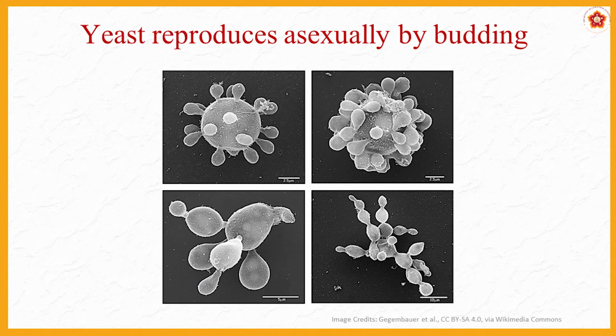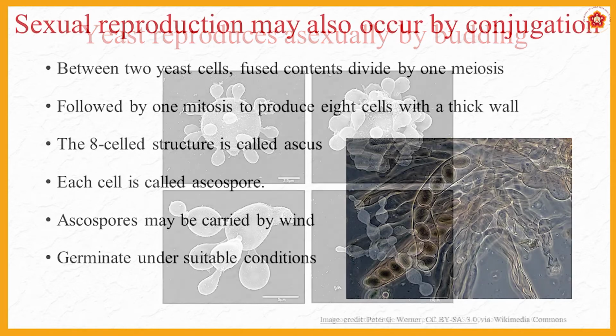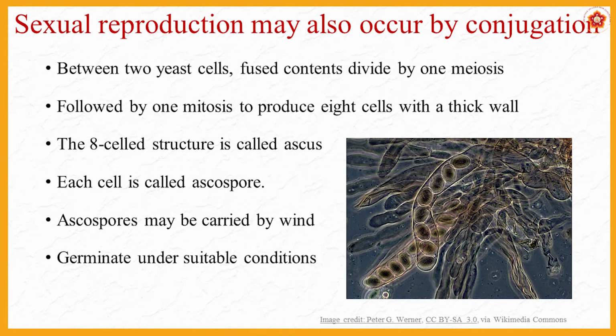Budding is the most common type of reproduction in yeast. It is an asexual type of reproduction where a daughter cell emerges from the parent cell. Both cytoplasm and nucleus are given by the parent cell to the daughter cell. Thus, buds are formed. Sexual reproduction also occurs in yeast by the method of conjugation, where two yeast cells fuse together